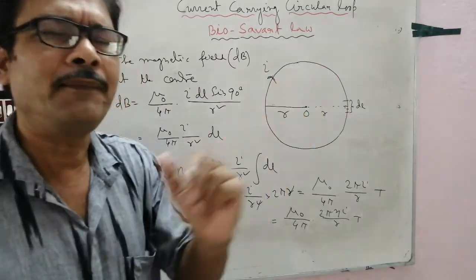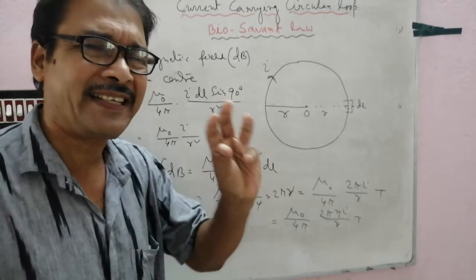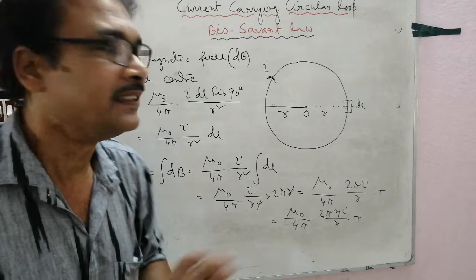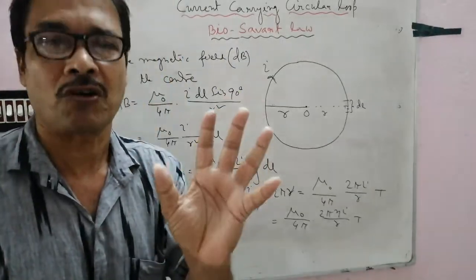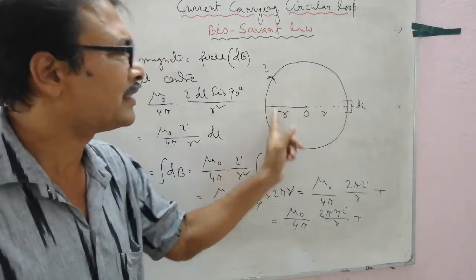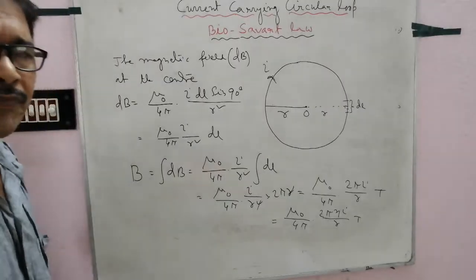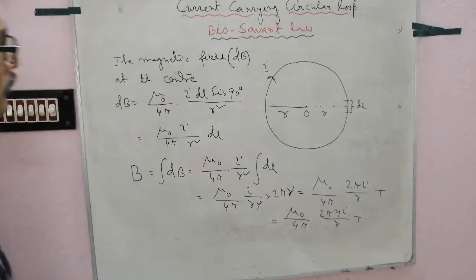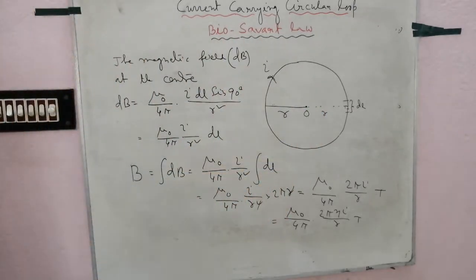from here we come to a conclusion that the magnetic field will be strong at the center and in a very small region. If we draw the magnetic lines of force, then it will be clear why the magnetic field at the center will be strong and near the circumference the field will be very weak. Why? Later we shall draw the magnetic lines of force. Okay, for n number of turns. Clear? Now, circular loop.